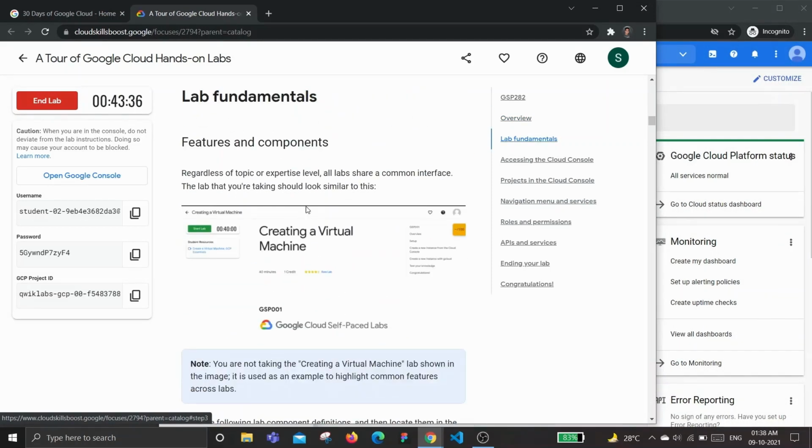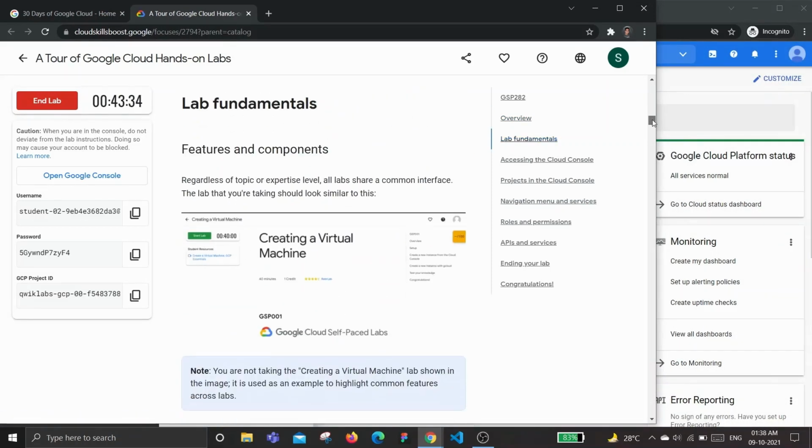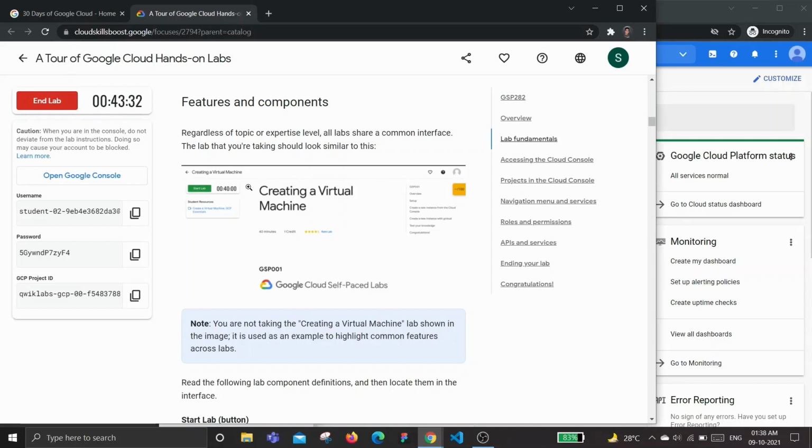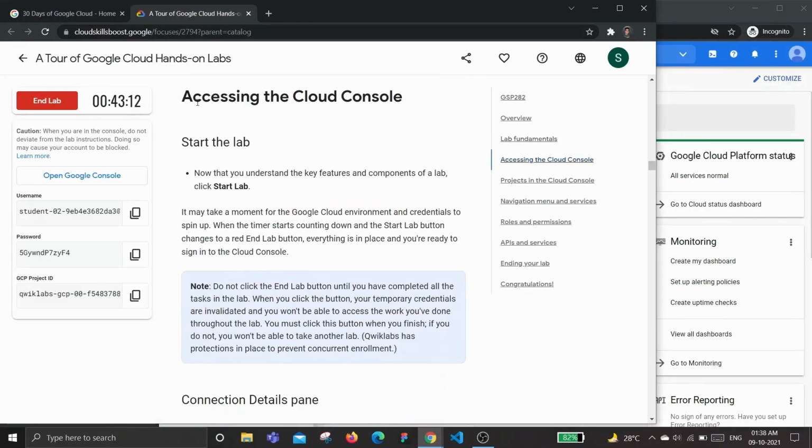So in the lab fundamentals, they are telling about the interface of a Quick Lab. On the left hand side we have the timer, credentials, the project ID and everything, and on the right hand side we have a quick navigation panel in which we can navigate through the content. These are the headings actually. If I click on accessing the Google Cloud Console, we can directly jump to that section.